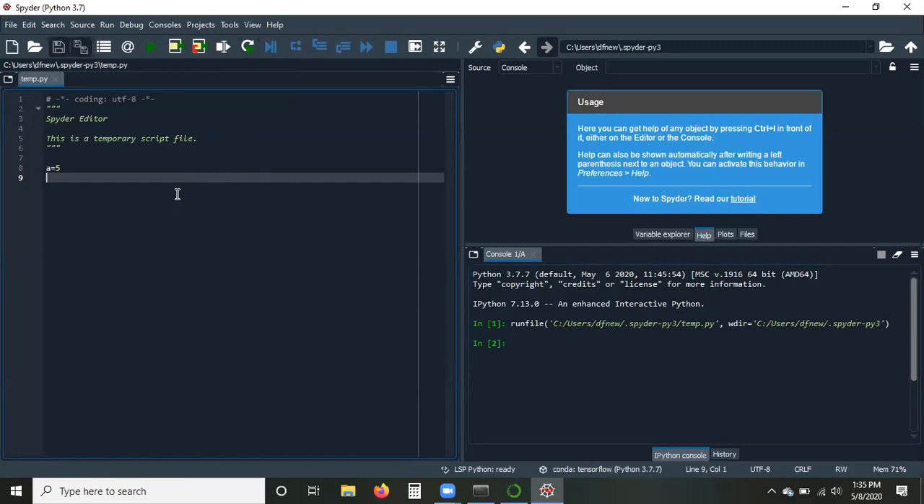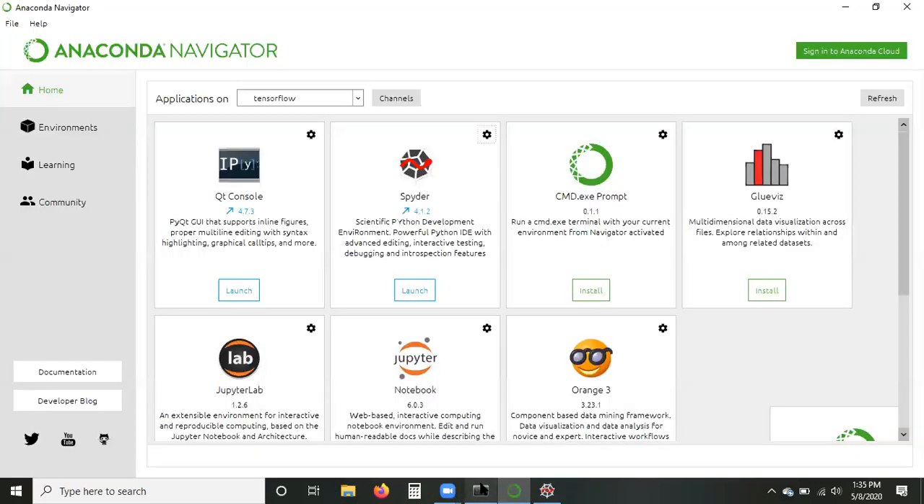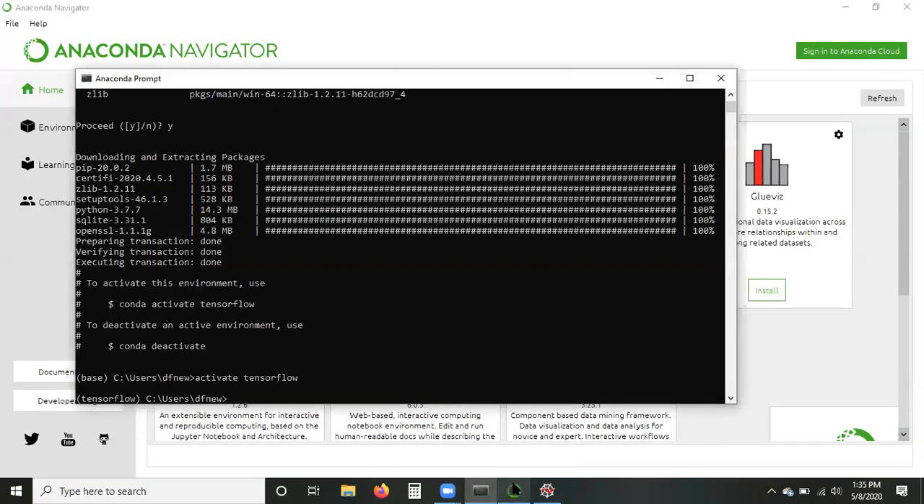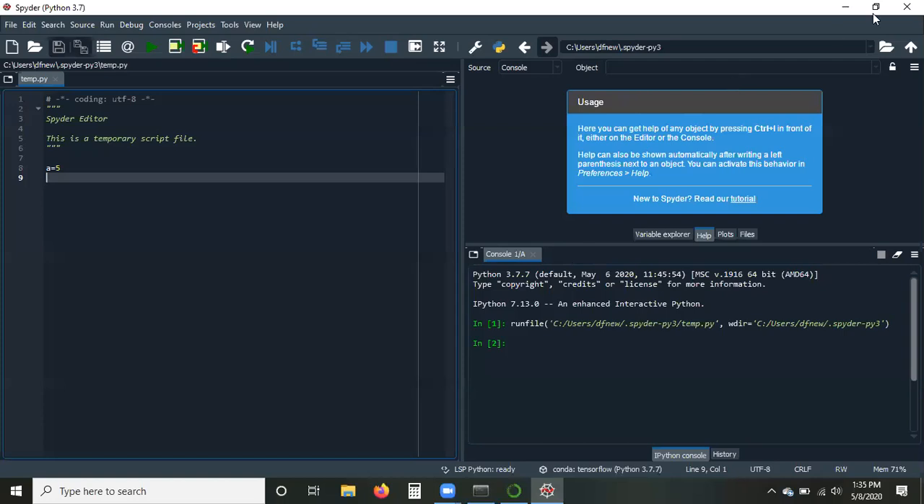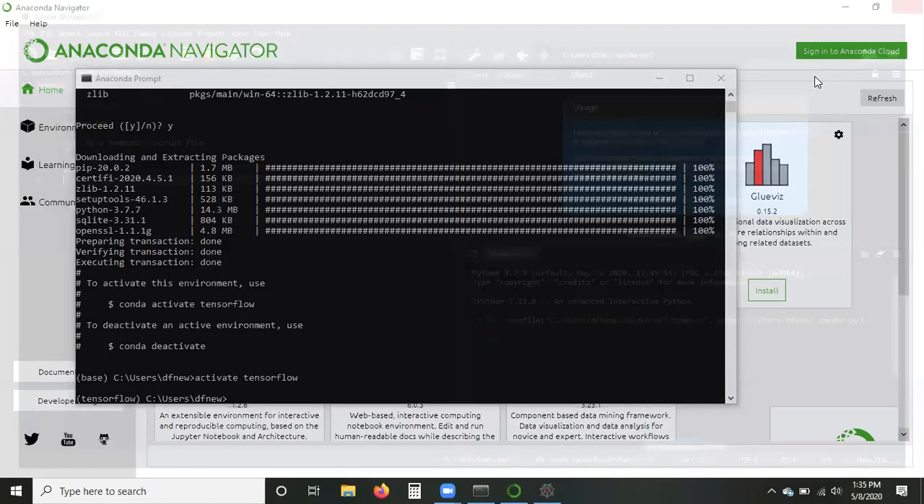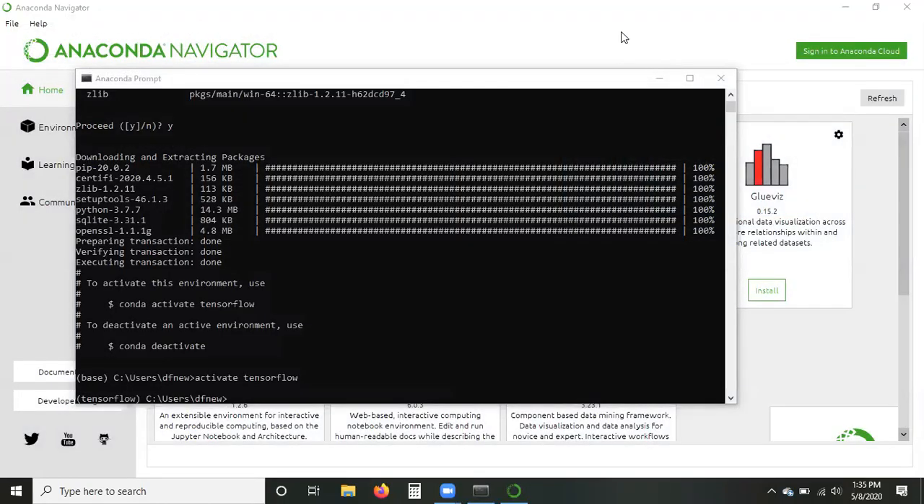So this is just a bare bone Python. Nothing has been installed yet. So could you please close this Spyder because we have to install more stuff. Yeah, no, you can't. You want me to close it? Yeah, close this. Okay, and go back to the